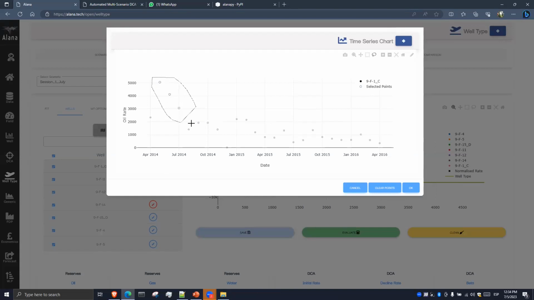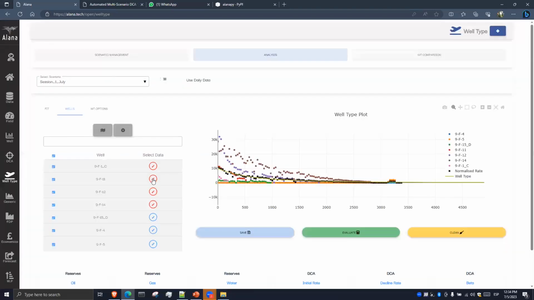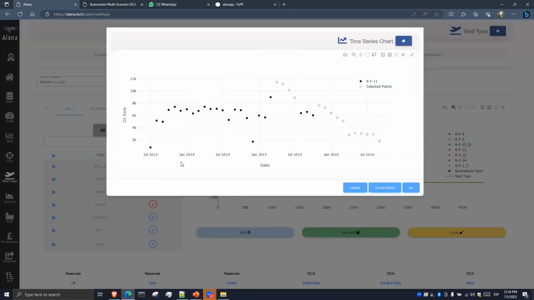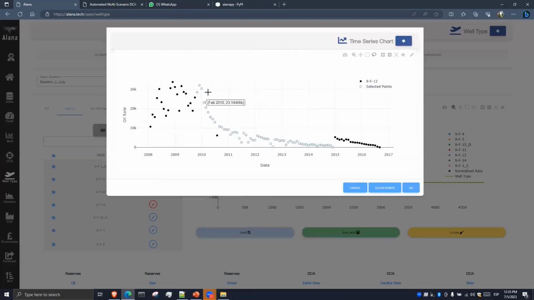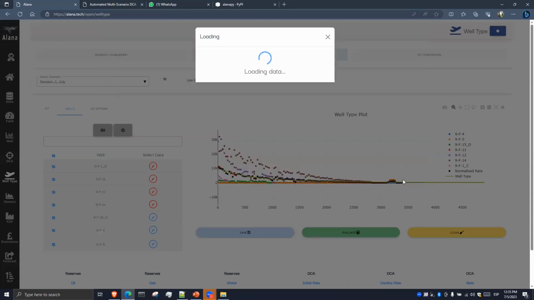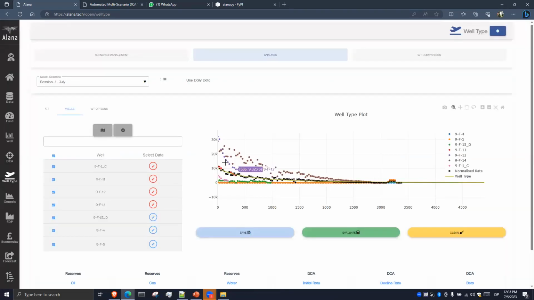Let's redo this, only this. There you go, selected points, okay. The F11, I'm only using this. Let's only check these points. Click on OK. The F12, it's only checking this trend. Let's only check for this trend, this trend. There you go. Okay. And as you can see, the points that are being selected for each well are changing,